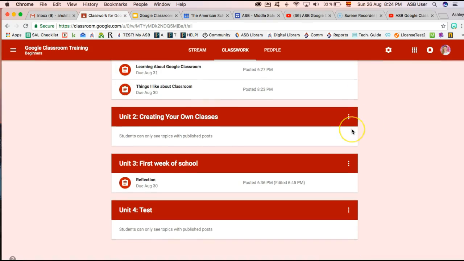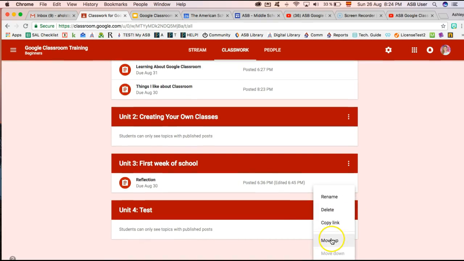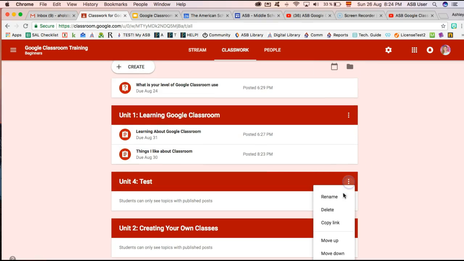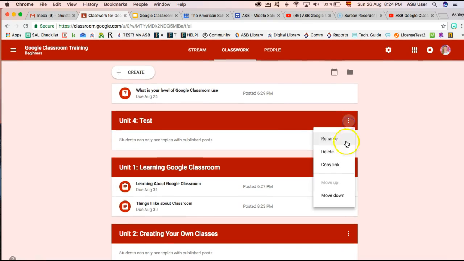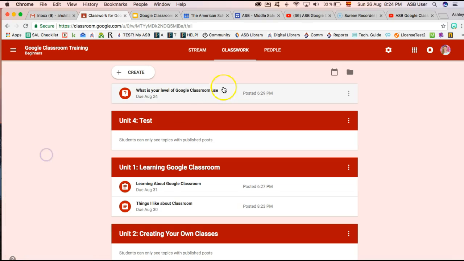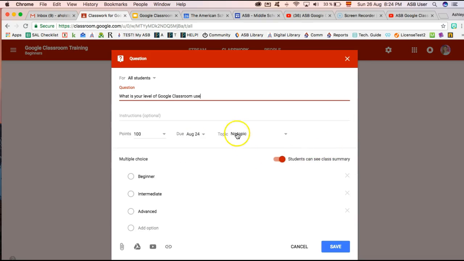Now some people don't like that. They want that to appear at the top. So you can say move up. And so now you're moving up one by one. Now I've watched a few tutorials already that say that there have been many requests for this to be able to be a drag and drop feature. But again, if you want to give that feedback to Google, down at this question mark, you can say send feedback. This question is actually not in a unit, so I'm going to edit it